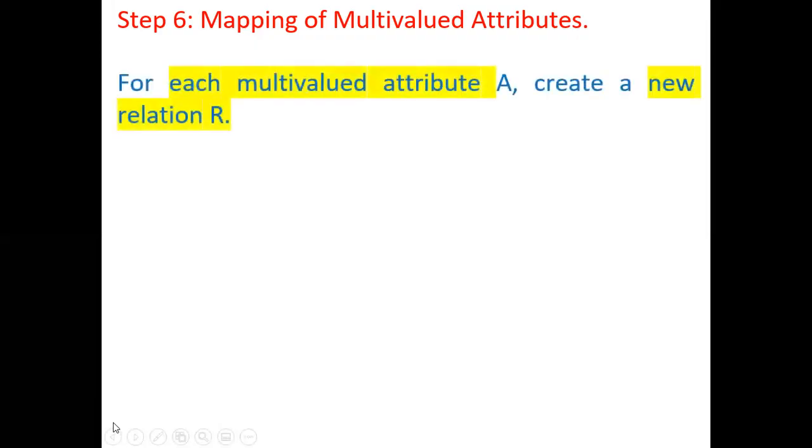How to map multi-valued attribute? Again, for a multi-valued attribute we need to create a new relation, and in that relation we need to include the name of the multi-valued attribute as one of the attributes. Then the primary key of the participating entity type, where the multi-valued attribute is one of the attributes, will be another attribute here. See for example,